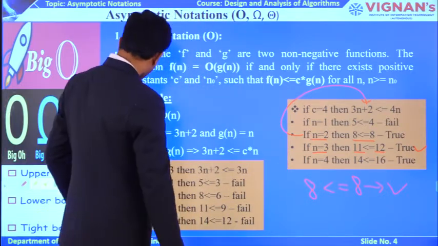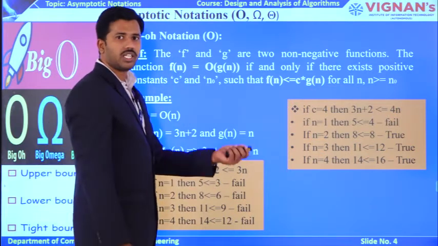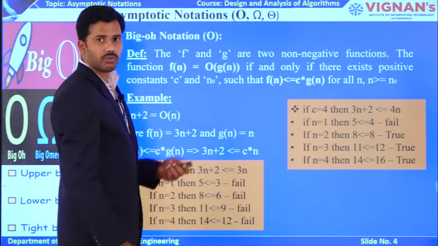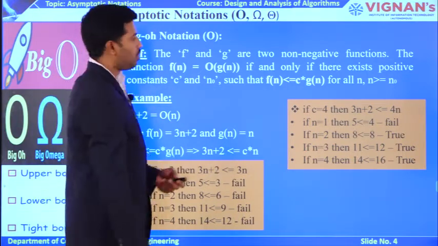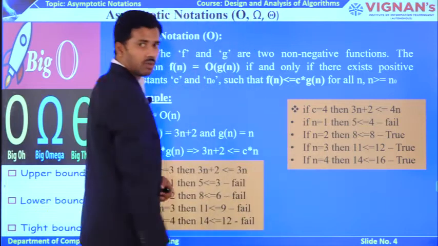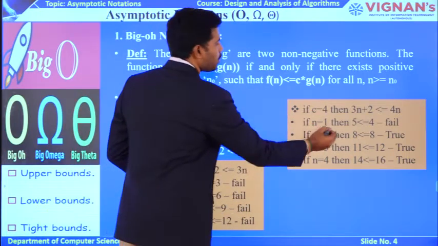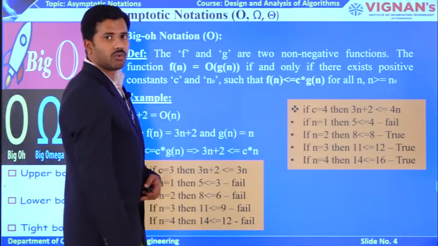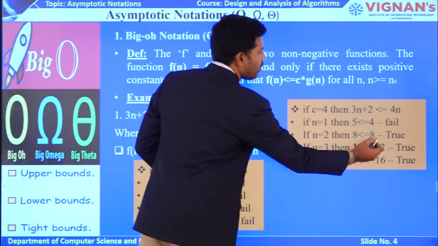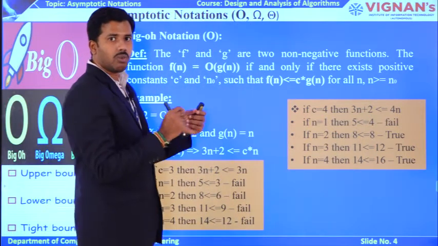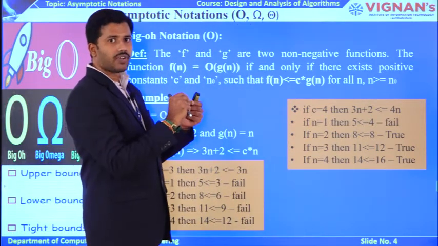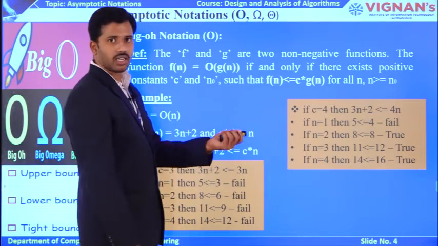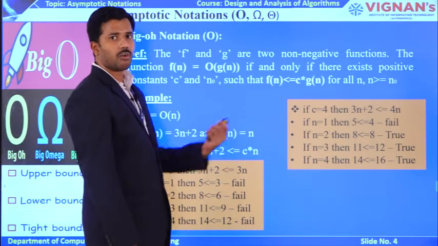So, based on this discussion, you just tell me what is the c value to satisfy this relation for this example, which is going to be 4. Now, what is the n value you need to have? You are going to have n value at n equal to 2. So, this relation will not be satisfied at n equal to 1, but it starts satisfying at n equal to 2 onwards. That is why you will get equal values. f of n as well as g of n have met each other. So, after having that equal value, the g of n is going to be growing very high compared to the f of n.